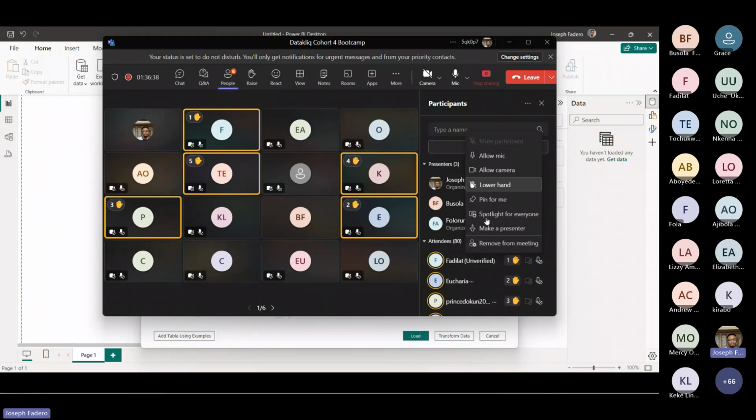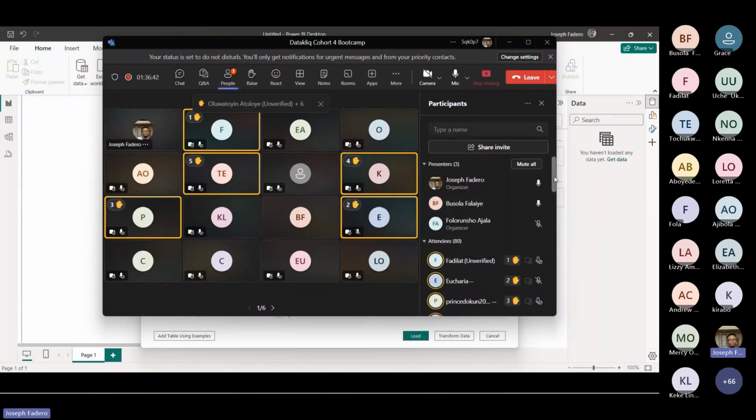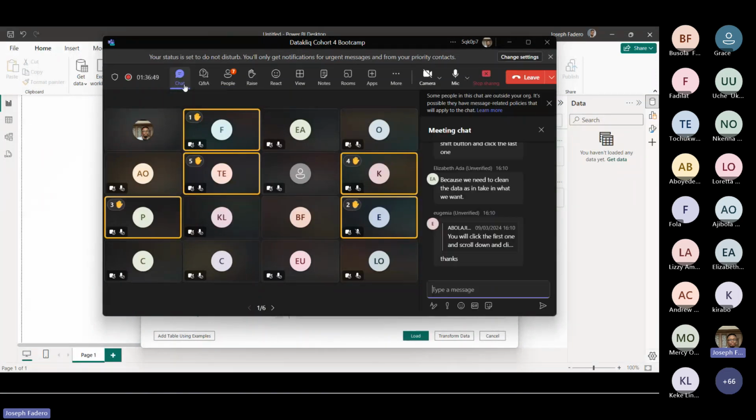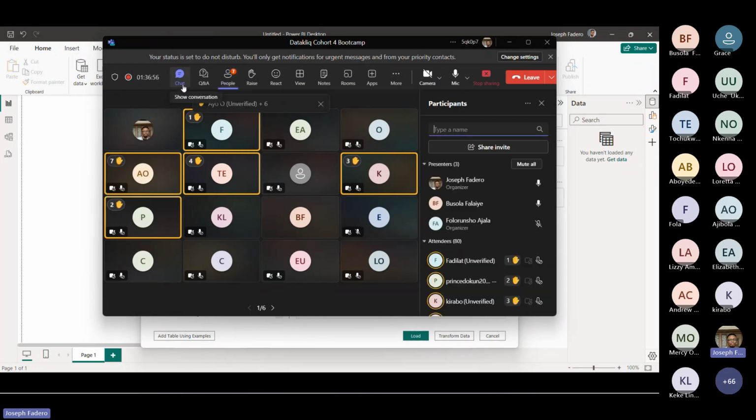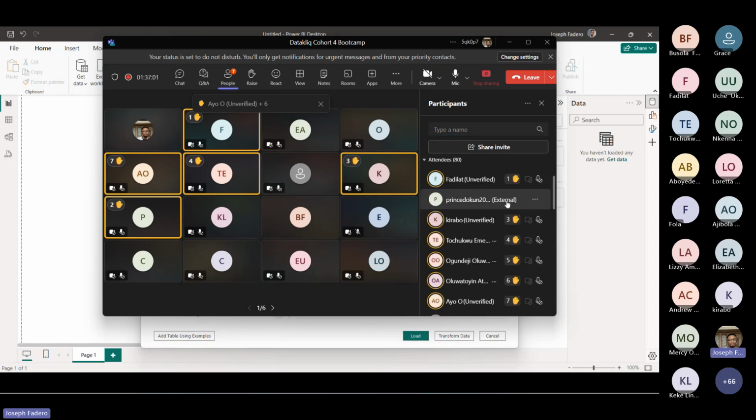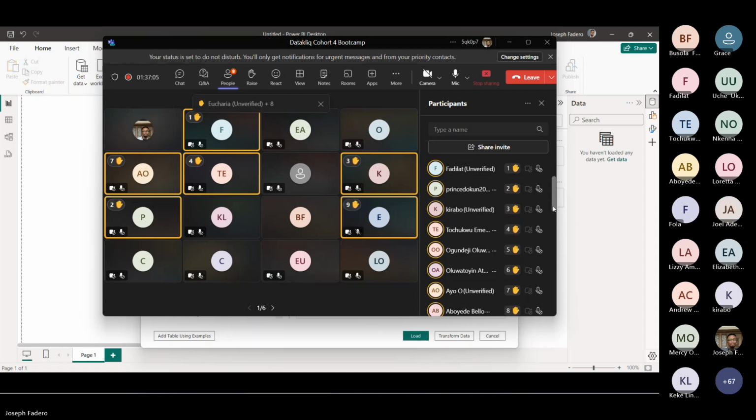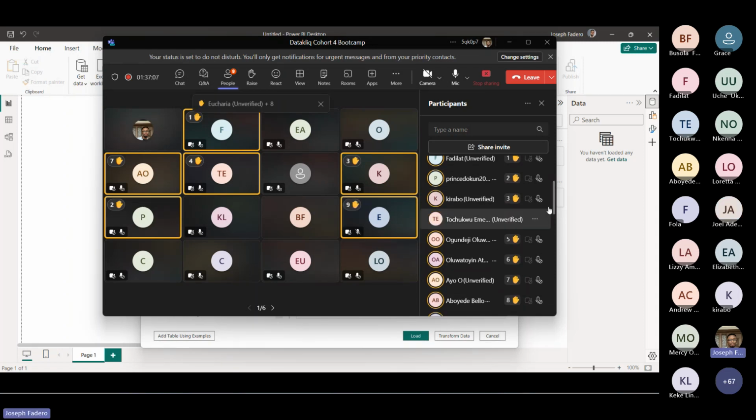So I know maybe Pelumi or Folonsha would have mentioned it before, but it's good that we know why we do certain things, not just, oh, we do it. It's not a recording, it's not a program. A program, yes, we must do this because people at Datakliq told you to do this. So I want somebody to tell me, why should we transform? And is it in all cases we transform?